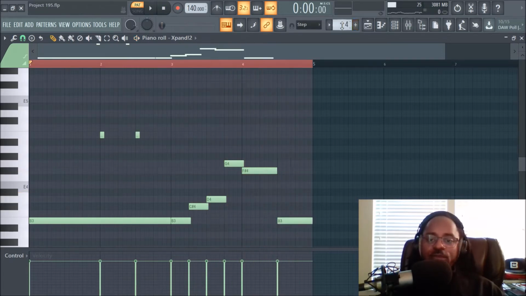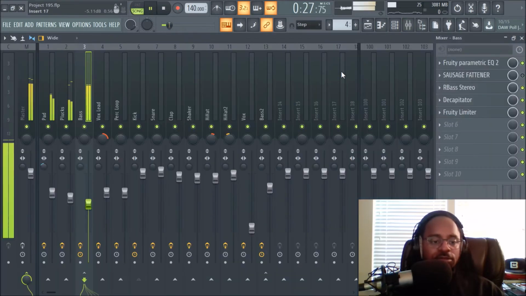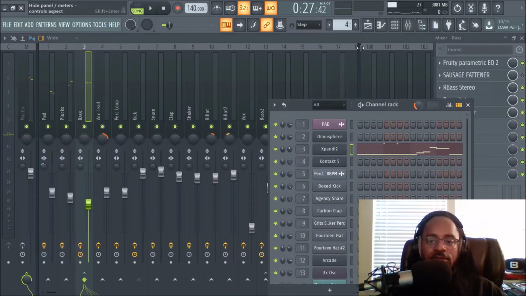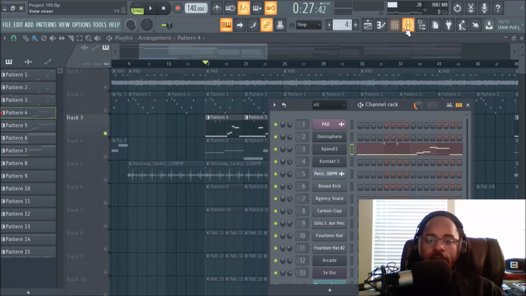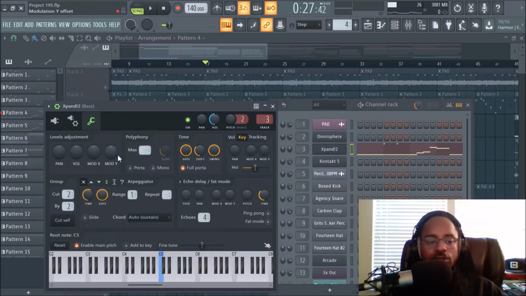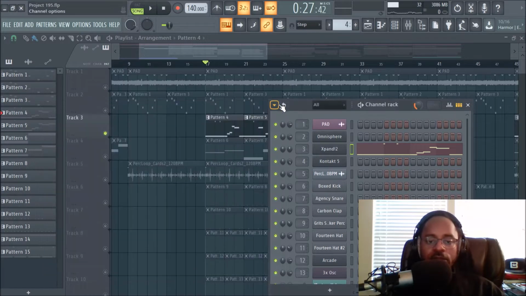Nice. And what I did for processing, I'll try to make this quick because that could take forever if I go over every little thing I did with that. What sound did I use? Let's solo the bass. I used Expand. Wow. Well, I rarely use Expand 2 for bass, but I found the synth bass, the clicky analog, and what I did with it